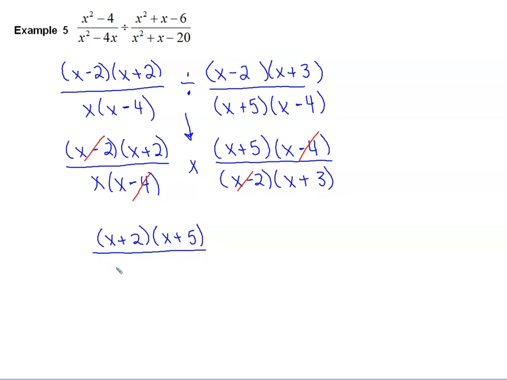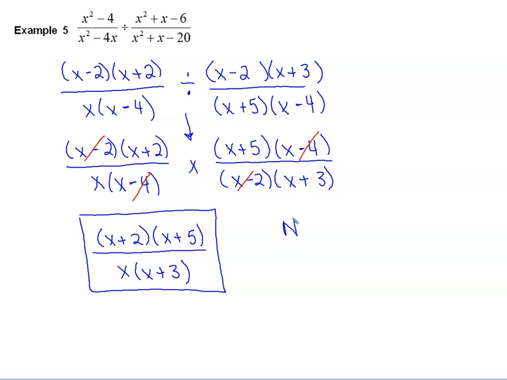And then in my denominator, I'm going to have x and x plus 3. You can, if you wish, multiply that all back out, but just as easy, leave it as is. It's just as correct, and it's almost easier to work with in some ways because you can see what you're doing. So don't forget the